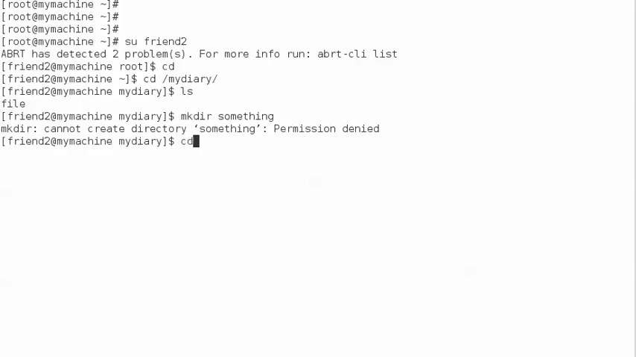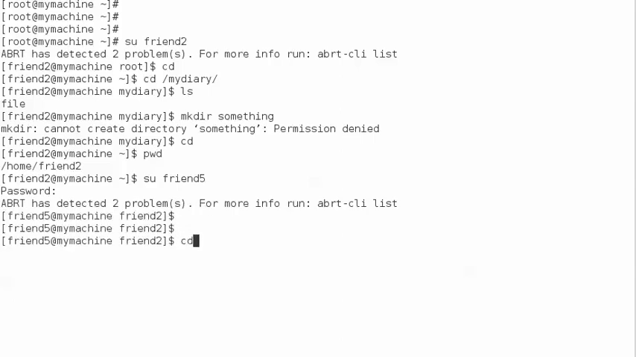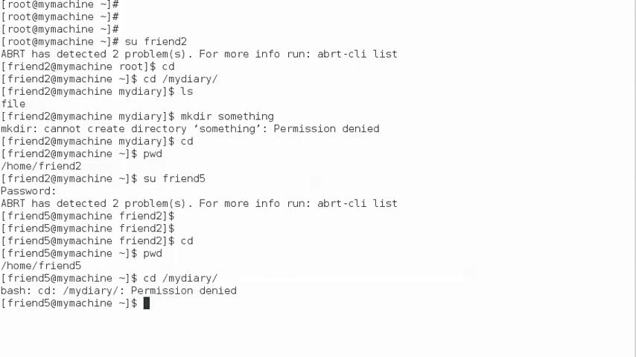su, in the home directory, right? So su friend 5 password. See, it is asking for the password because I was an ordinary user. You have entered the password. Now you are sitting in your home directory, home friend 5, right? Now if you want to enter into slash my diary, permission denied,